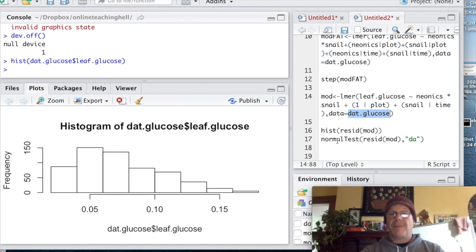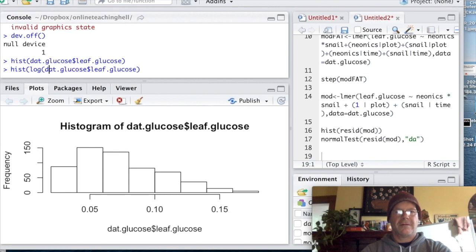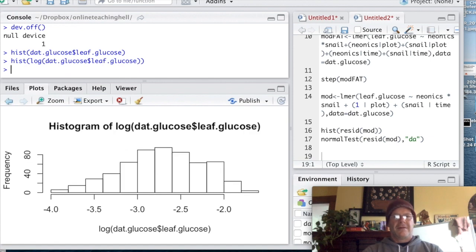And so what we might be interested in knowing is, what would our data look like if we had log transformed it? And if we had log transformed it, it looks a little normal. It almost looks a little kurtotic over here and maybe a little weirdly skewed. But let's go ahead and take a look. How does our model do if